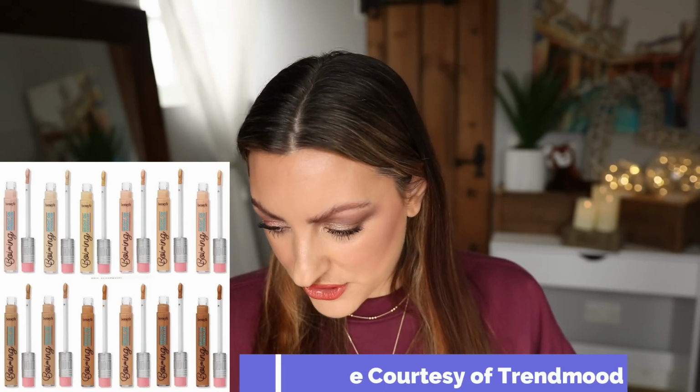Is that all of the shades? Benefit, they just really don't want to let themselves shine, do they? This is disappointing. So apparently this is the whole shade range. Here's the thing: I actually think Benefit make good base products, foundations, concealers. I've tried a few of their foundations and concealers, and they are decent, but they're massively letting themselves down